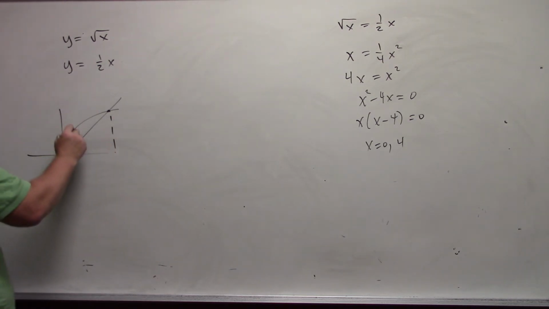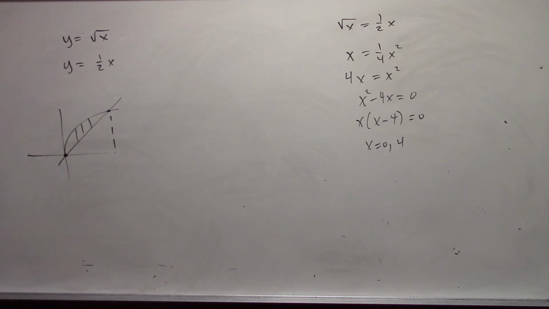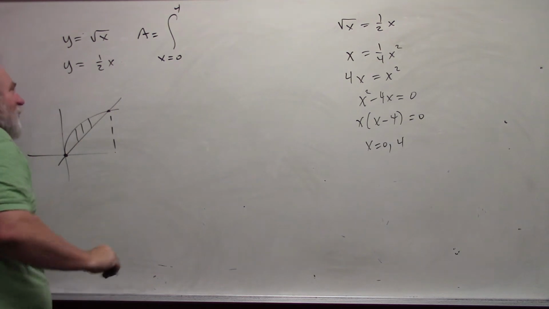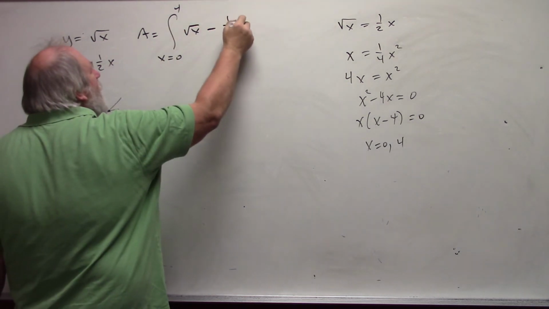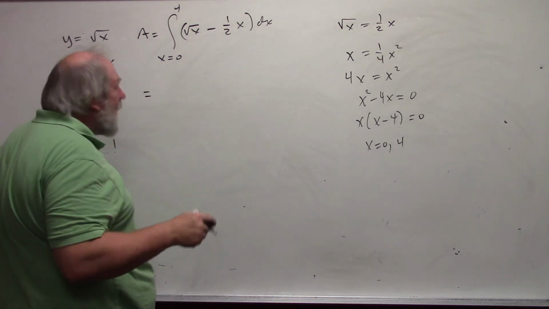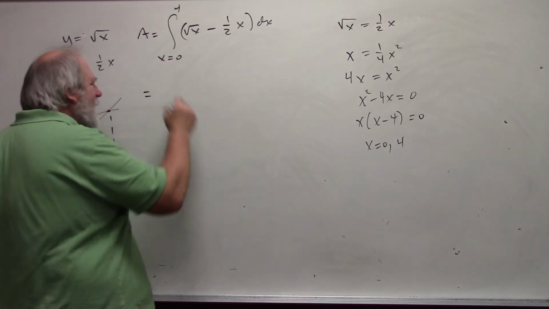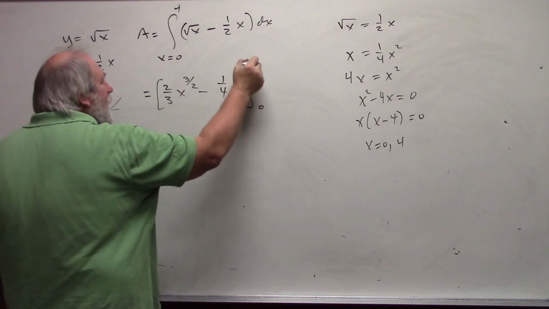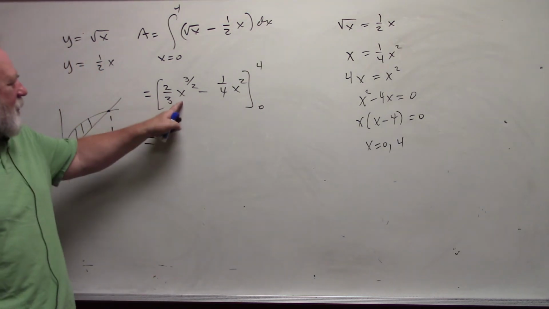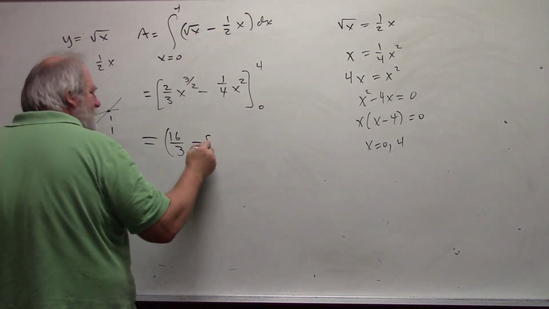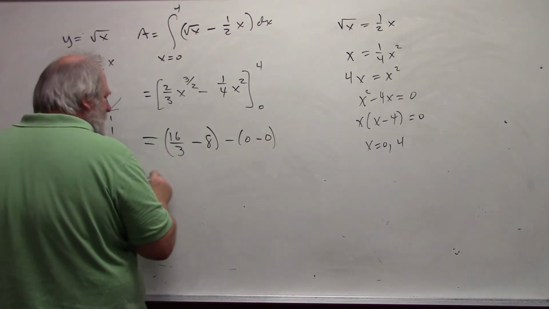And so if I were to think of this in terms of vertical rectangles, filling this in, which is the natural way in this particular situation, I can find this area by the integral, x goes from 0 to 4, of top function, which is the square root of x, minus the bottom function, 1/2 x, which then gives me, I'll actually finish this one out, the antiderivative of x to the 1/2, 2/3 x to the 3/2, minus 1/4 x squared, going from 0 to 4, which is, the square root of 4 is 2, cubed is 8, times 2/3 is 16/3, minus 4 squared is 16, divided by 4 is 8, minus 0 minus 0, and so we get